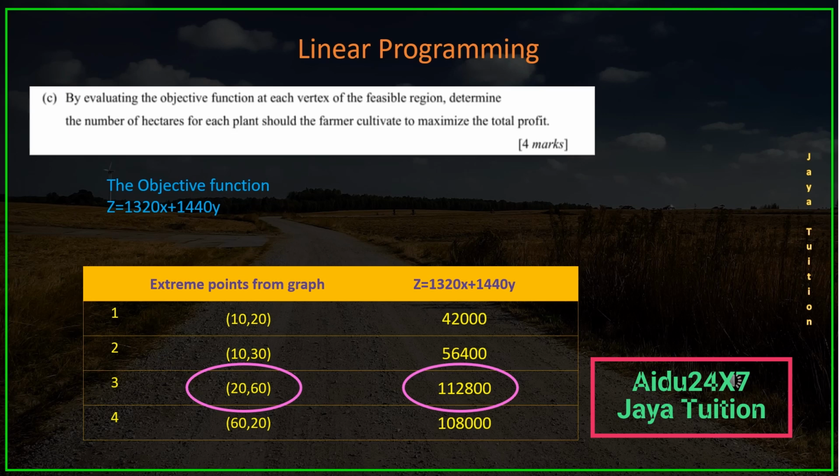We put it in the objective function and evaluate the value of z. So in the right hand side column, we see that the maximum value of z is equal to 112800. So the maximum profit is possible only when he plants 20 hectares of rubber tree and 6